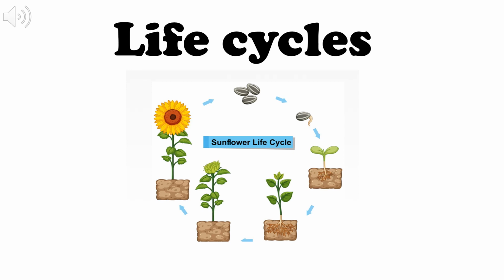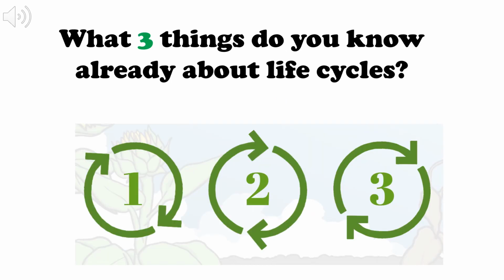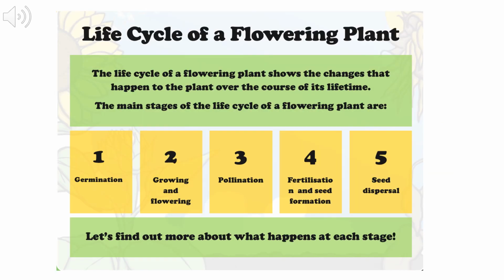In our lesson today, we're going to be looking at the life cycle of a plant. I want you to start by just thinking about what three things do you already know about life cycles? The life cycle of a flowering plant shows the changes that happen to the plant over the course of its lifetime. The main stages of the life cycle of a flowering plant are: number 1, germination; number 2, growing and flowering;